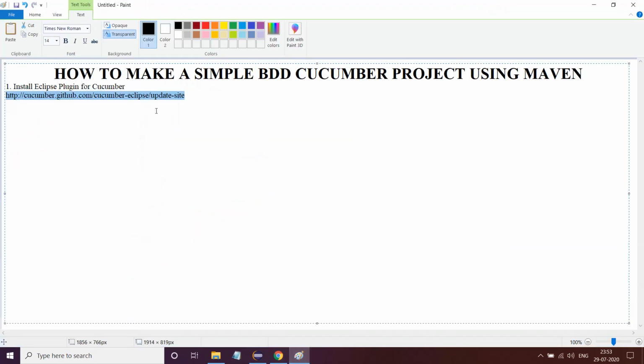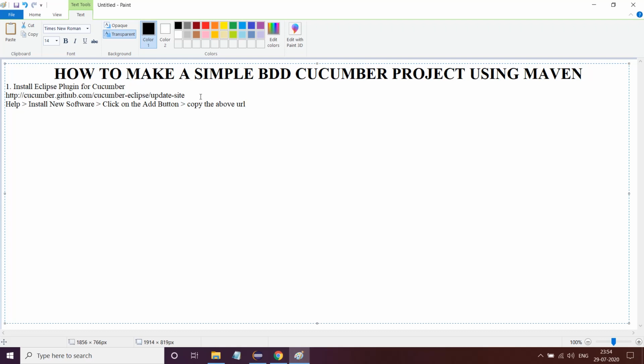Go to Eclipse Help, Install New Software, click on the Add button, and then copy the above URL.